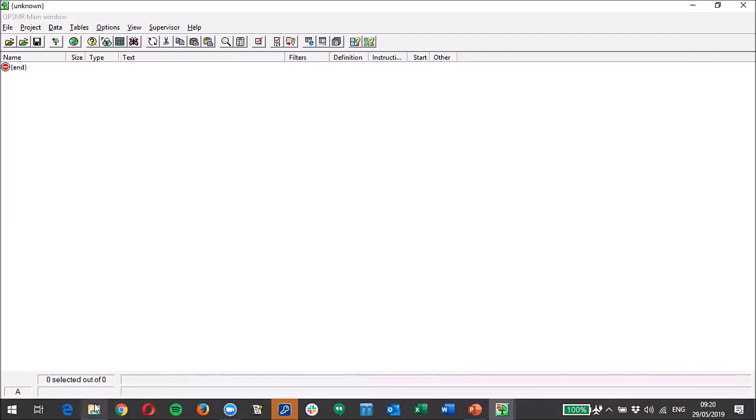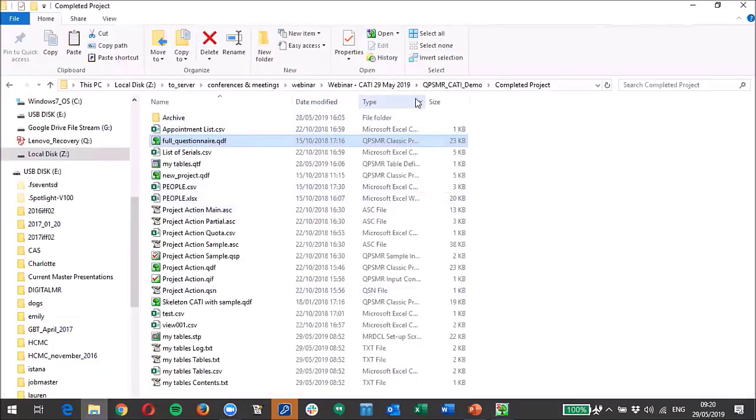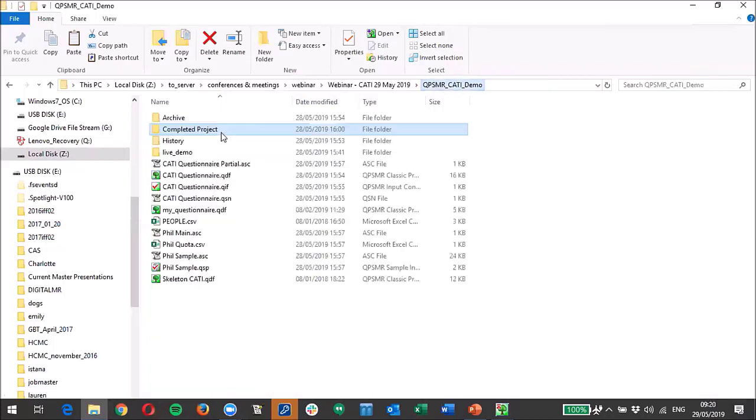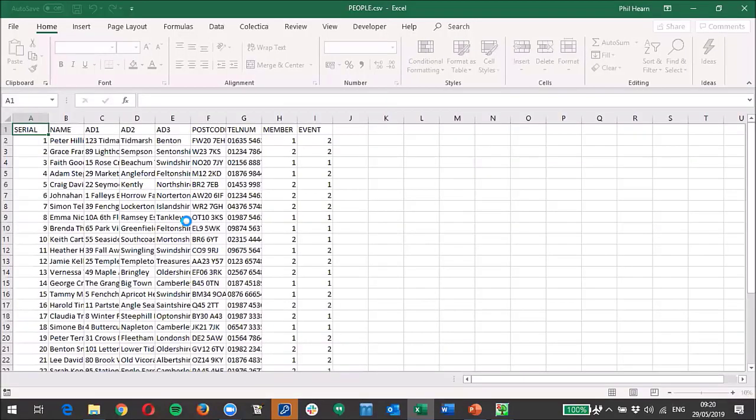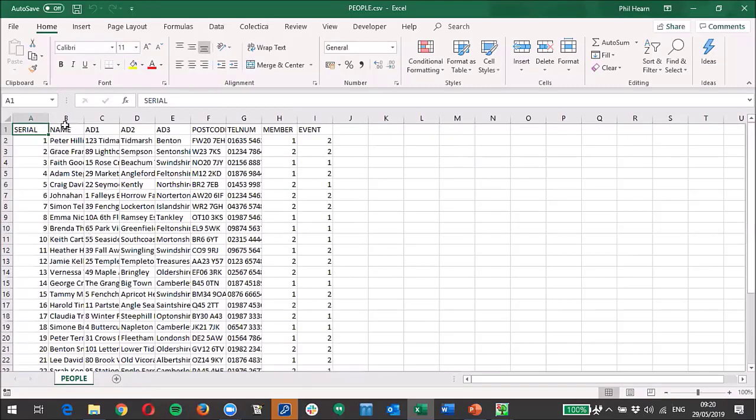And just to show you what I've got ready for this particular survey, let's go down here. What we're going to work with in this particular demonstration is that I've got a sample file here which has got some people that we want to interview. So I'm just going to open that up in Excel. It's a CSV file, and this is going to be the people that we're ultimately going to interview. So I've got a fairly small sample here, I'd admit. I think it's just 30 people in this, yes, 30 people in this file,